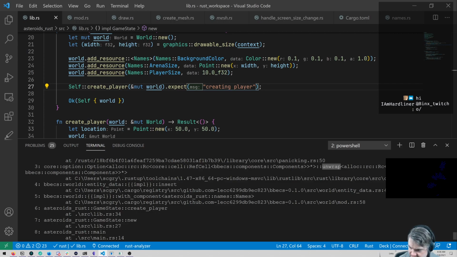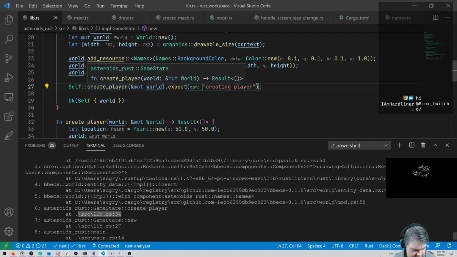Add that. With component names is that. Okay, so world. Okay, so world mod 58. Then create player. Do I have a problem in,